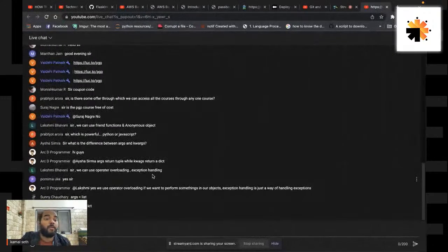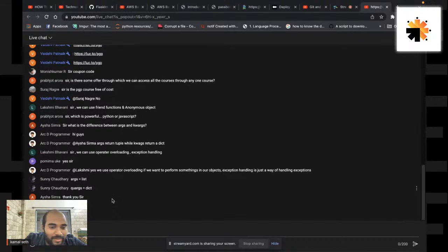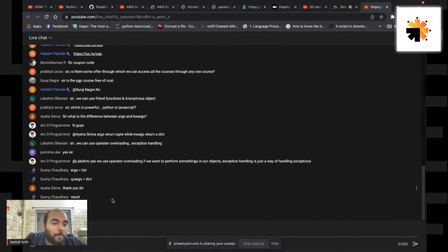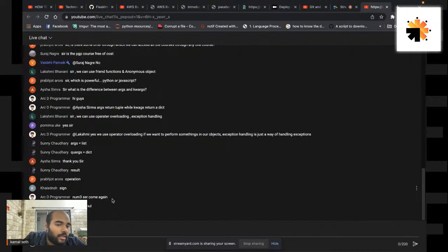Can anybody tell me what would be the third parameter? The first parameter is num1, the second parameter is num2. I'm going to go with only two numbers. What is the third parameter? What do you think? Any guess? No guess. The third parameter, obviously, guys, would be what? Not result, Sunny, not result. Operation. Yes, it's operation, because of what you want to do. Sunny, result will be done inside,